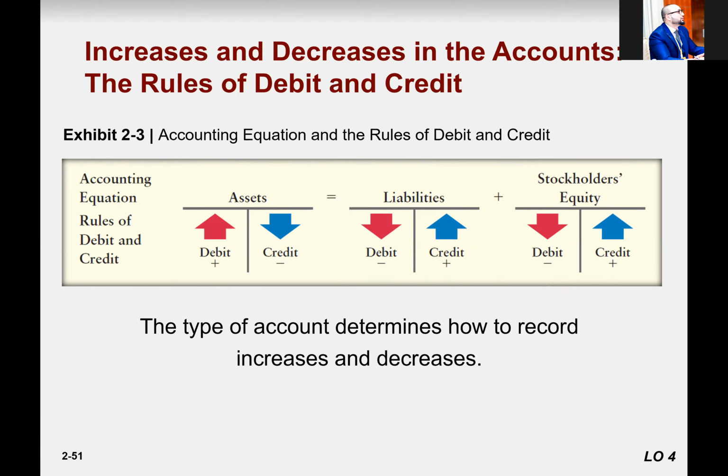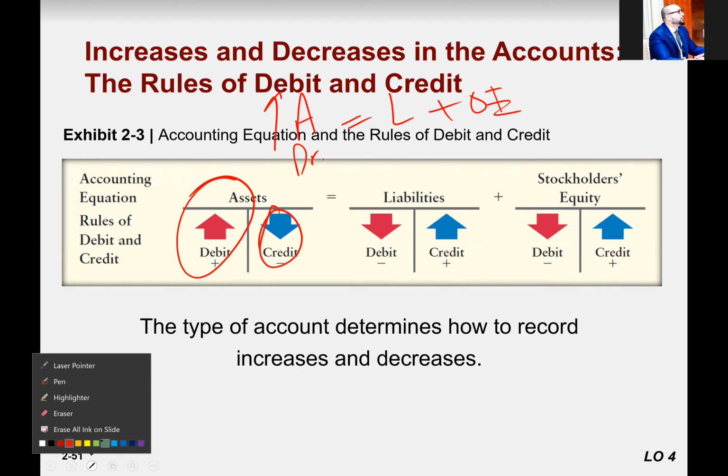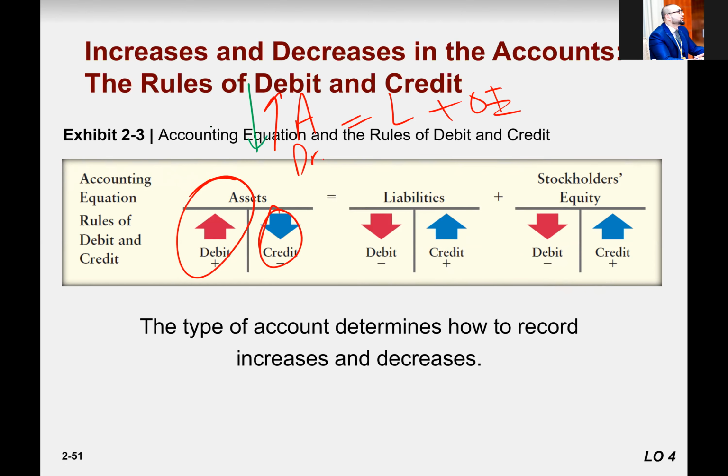Any event that increases the assets, we call that a debit. Anything that decreases the value, like a decrease in the assets, we call this a credit. So remember, on the left hand side of the transaction, anything that increases the assets, we call this debit, right? And anything that decreases the assets, we call this credit.